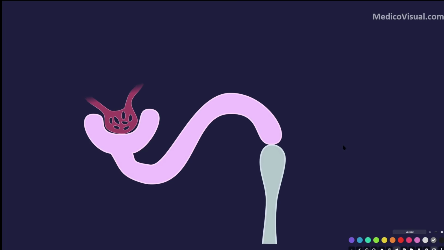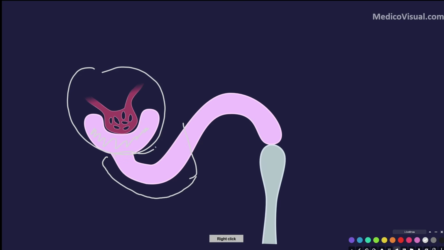So next what will happen is that it will further lengthen. Right now there are only three parts of this nephron. One is this renal corpuscle. So one is this dilated part, the renal corpuscle, or Bowman's capsule. The other is the proximal part of nephron, somewhat here to here, and then there is the distal part of nephron.